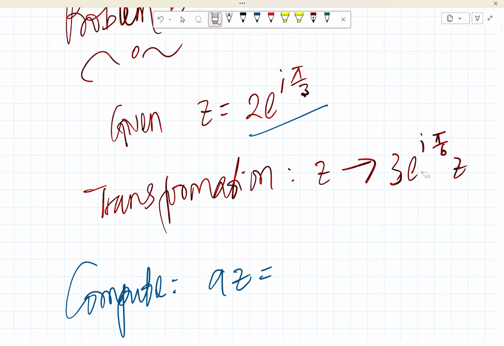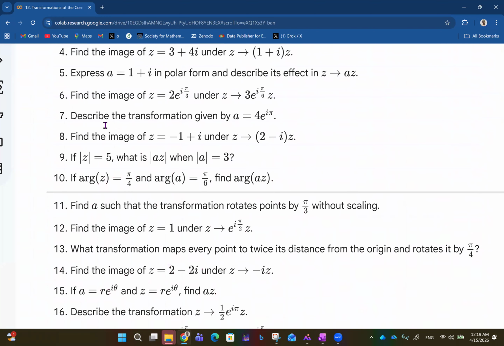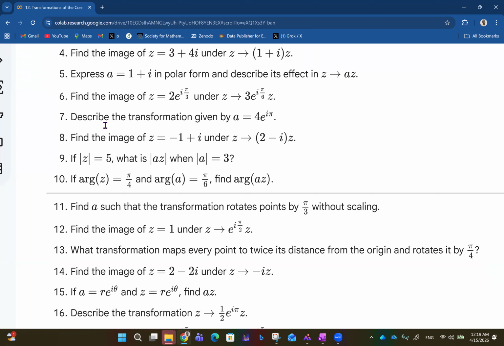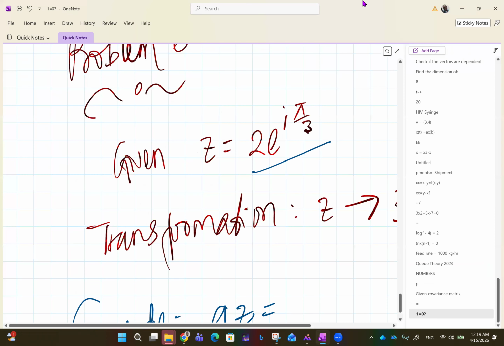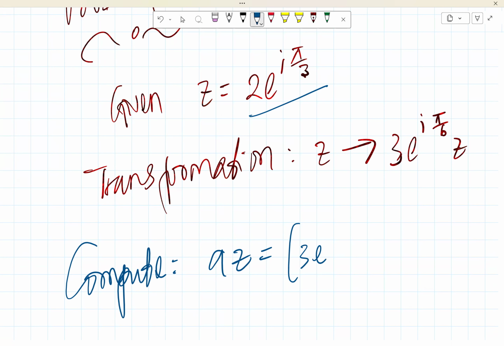Okay, what exactly are we looking for? I think that's important. Well, question 6, right? Find the image of Z equals that under Z mapped to all of that. Okay, so just go on. So we compute AZ, right? That is 3e^(iπ/6), and Z is